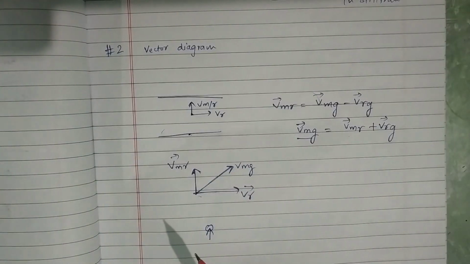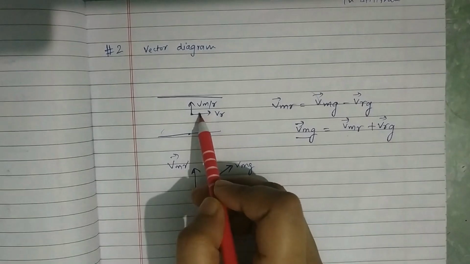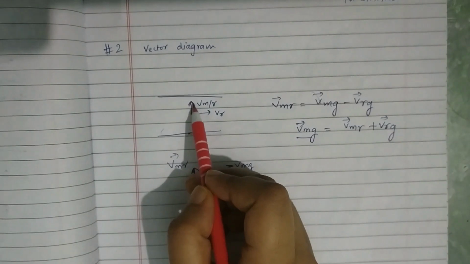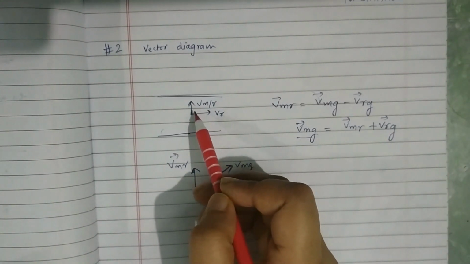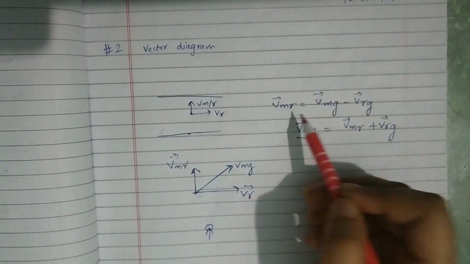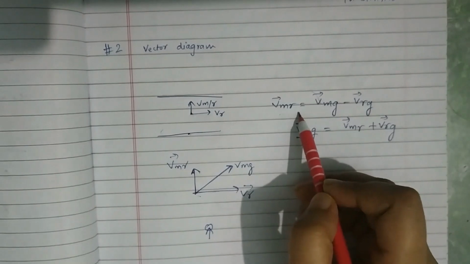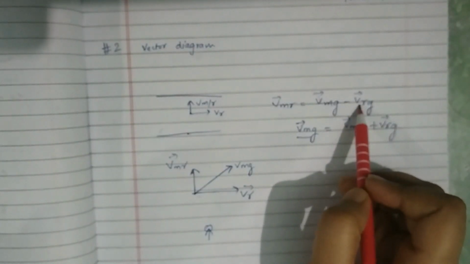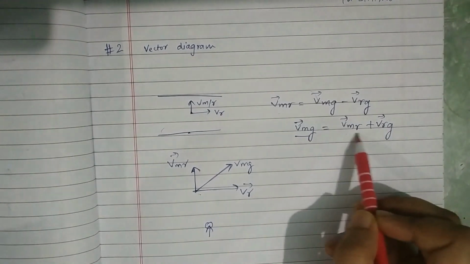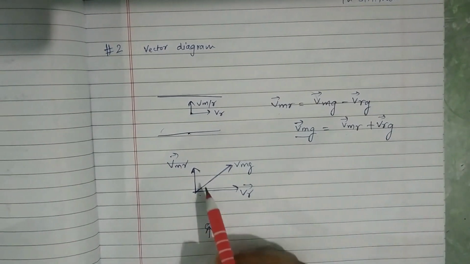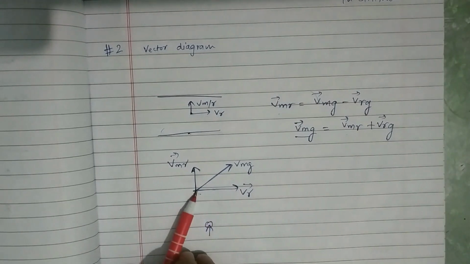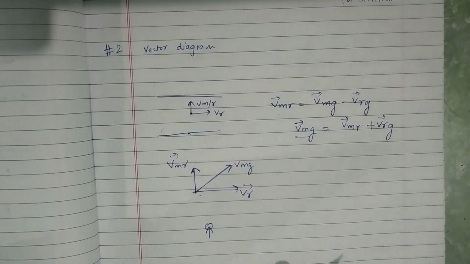Now let's try to understand the vector notation. The velocity of the river is in x direction. Let's say the velocity of man with respect to river is in y direction. This velocity can be in any direction, but for time being we have taken it in y direction. We know that the velocity of man with respect to river is the velocity of man minus velocity of river. If we rearrange the terms, we can see that velocity of man with respect to ground will be nothing but the summation of these two velocities. Now this is a vector addition. So you can see the vector addition, velocity of man with respect to river, velocity of river, and Vmg is nothing but the resultant.